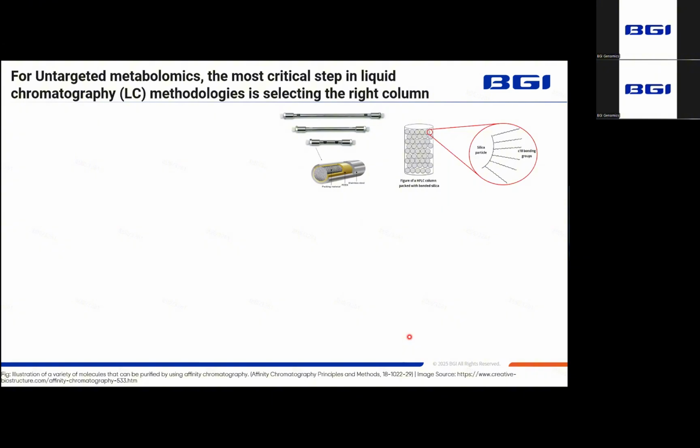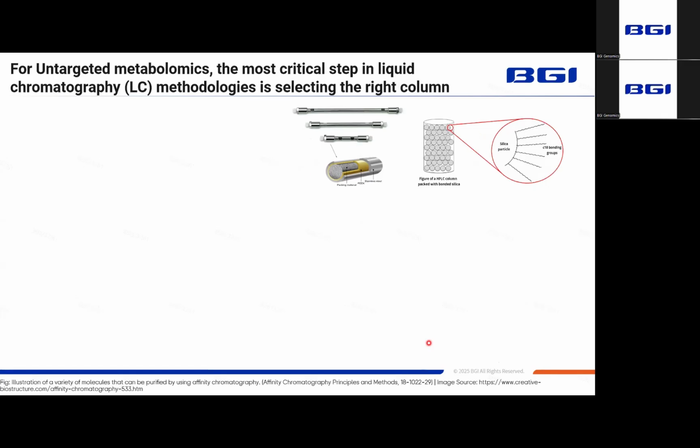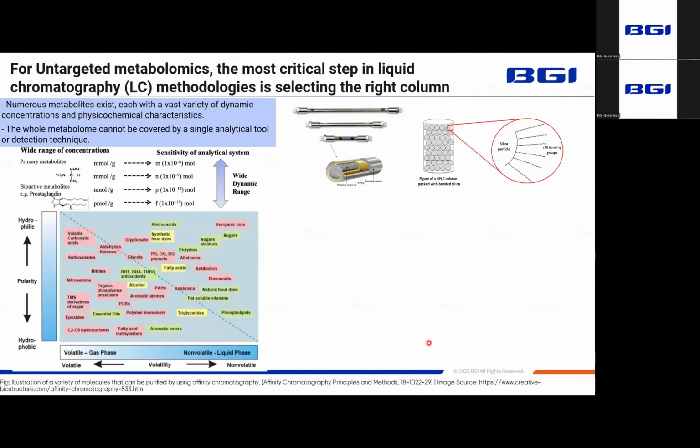There is no single analytical tool or detection technique that can cover all of them. For this reason, choosing the right LC column is crucial. The stationary phase chemistry should match the nature of your analytes. We have included 4 different types of column for different physical chemical compounds. For example, the